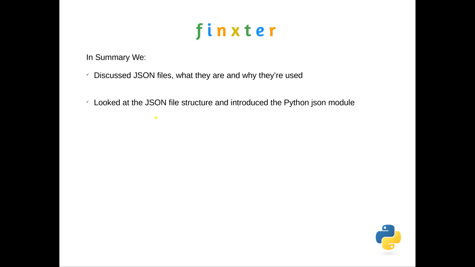We looked at the file structure, which is very specific to JSON, and we introduced the Python JSON module, which allows you to convert JSON to a Python object or vice versa, take a Python object and convert it to JSON. We read a JSON file using the load and loads methods, remembering that the S stands for string,